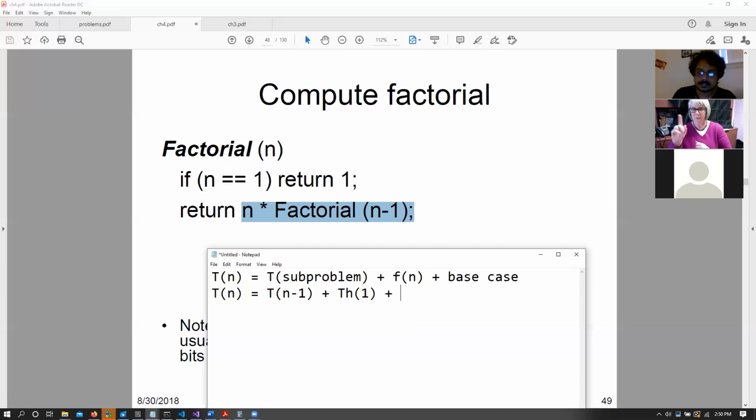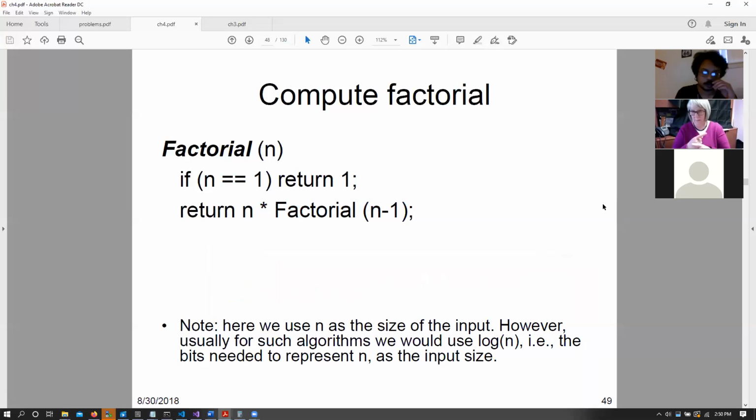And our base case is again going to be Theta(1) because we don't have any other checks there. We just check if n equals 1, and the base case is constant. So we have T(n-1) plus Theta(1) plus Theta(1). That is the same thing as saying T(n-1) plus Theta(1), right? So the time complexity of factorial is going to be